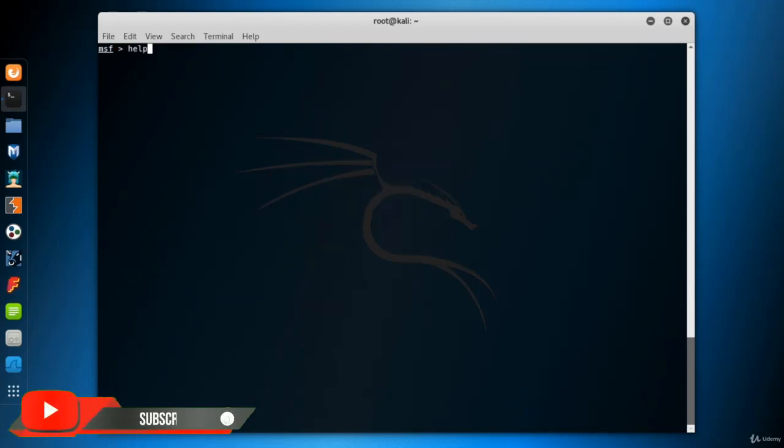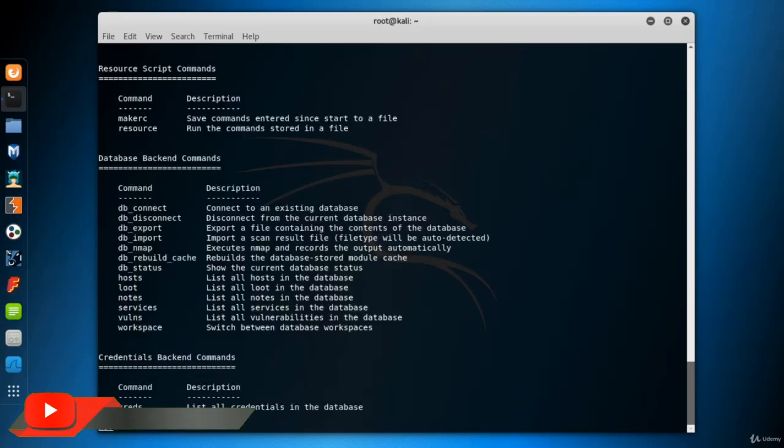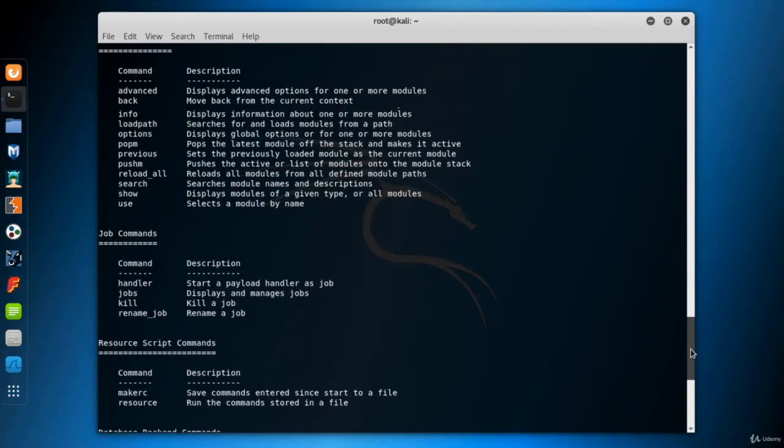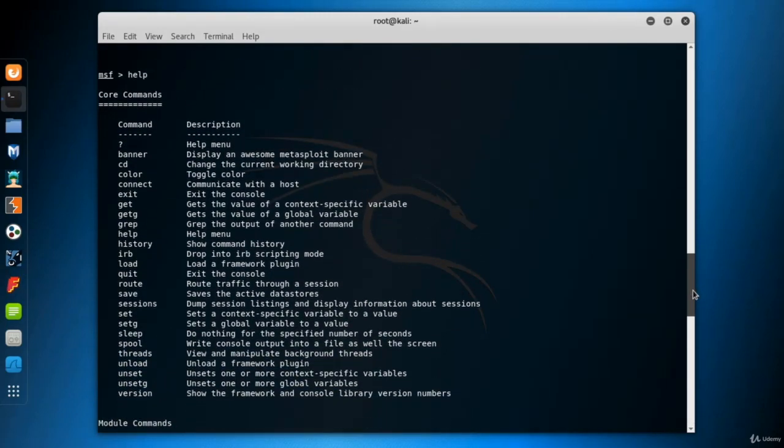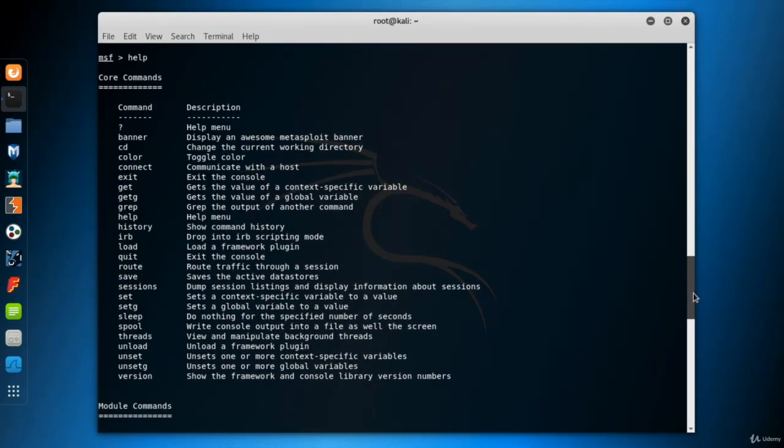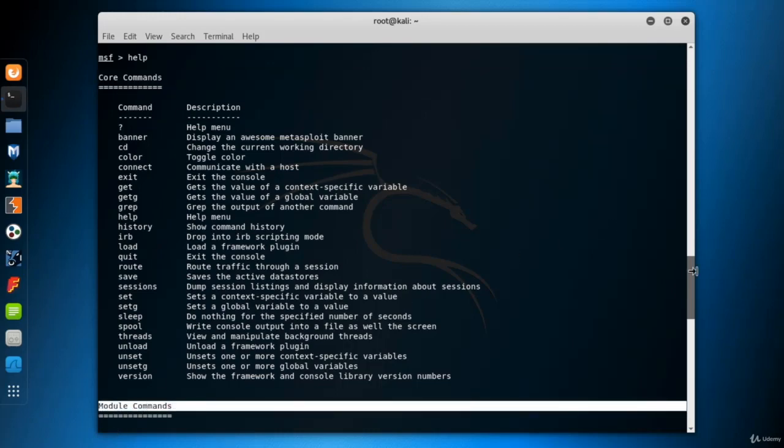The first command that you should learn in msfconsole is, of course, help. The help command lists all the commands you can use at this point. And you heard me correctly, I do say at this point, because any module you load may add some new commands you can use. But we'll see that soon, and I'll let it go for now. As you can see, the commands are grouped. Here are the core commands, module commands,